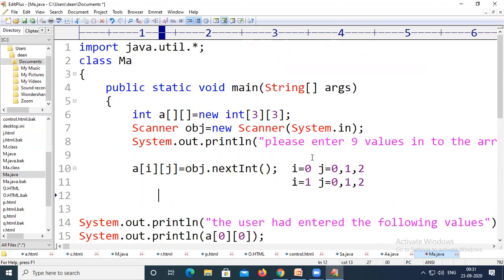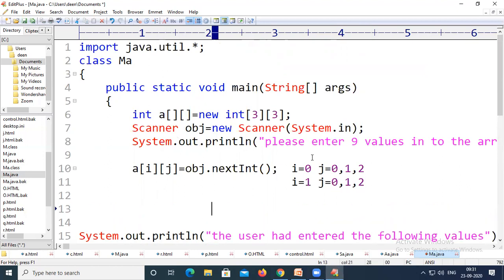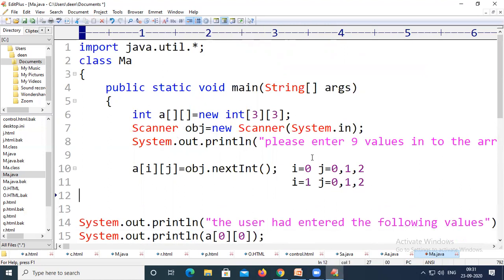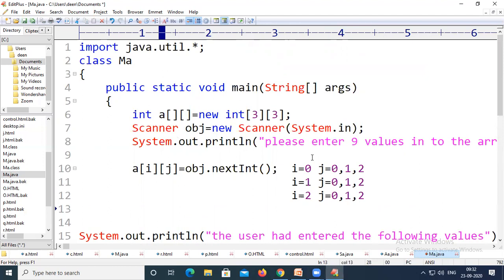Whenever j reaches 3, again we need to increment the value of i. So here now i will become 2, and then again we need to iterate j with 0, j with 1 and j with 2. Whenever the j value becomes 3, we come out of the inner loop, and whenever the i value becomes 3, we come out of the loop.